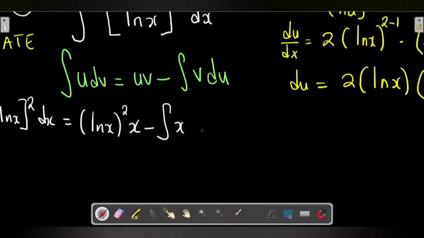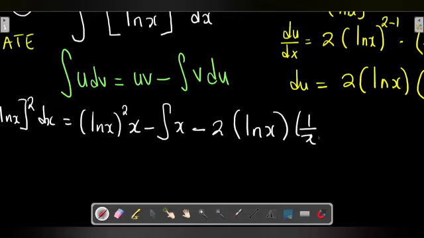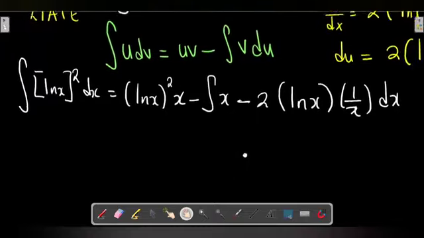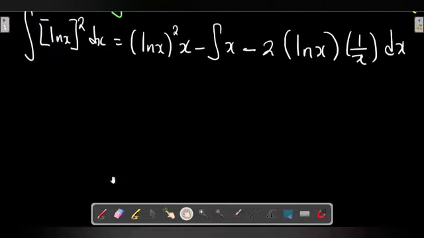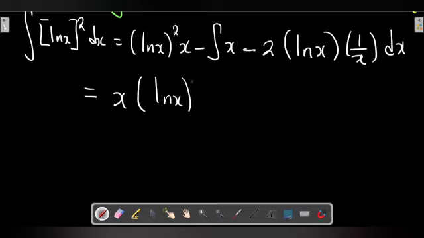So we are going to write here minus, so our du will be minus 2 ln of x, then we have 1 over x dx. Okay, so this is what we have. We can now proceed. So from there, we are just going to write x ln x squared minus,